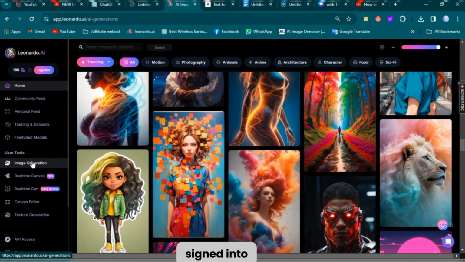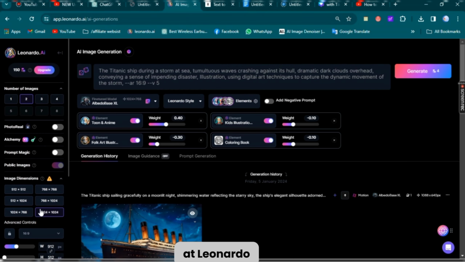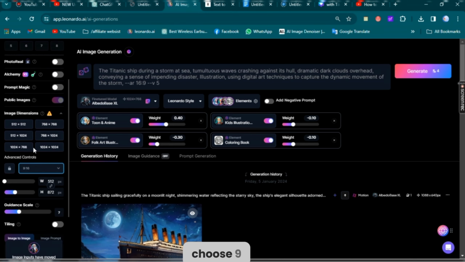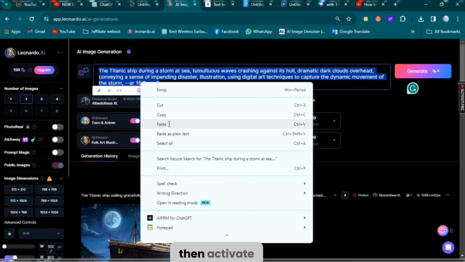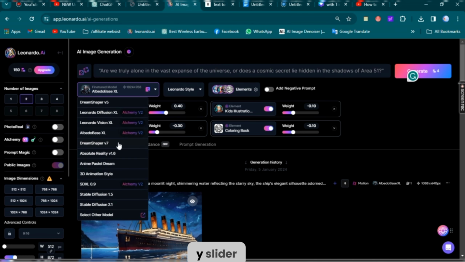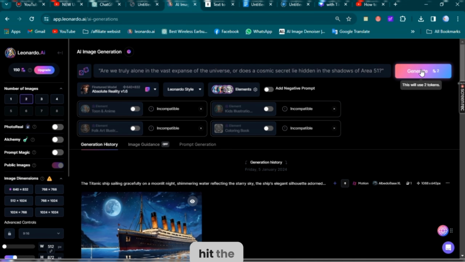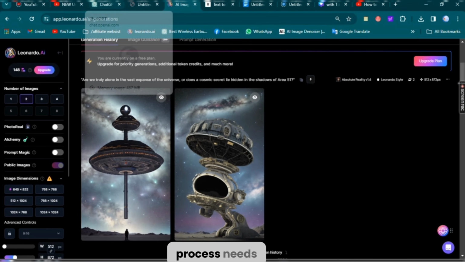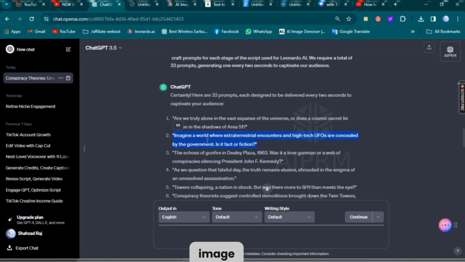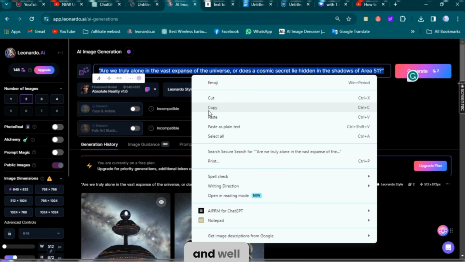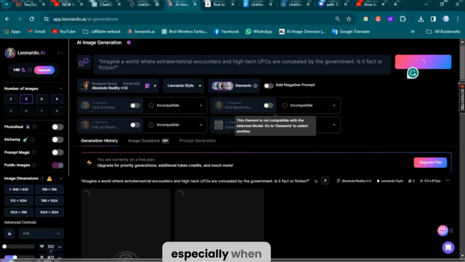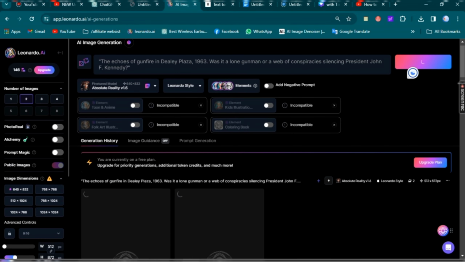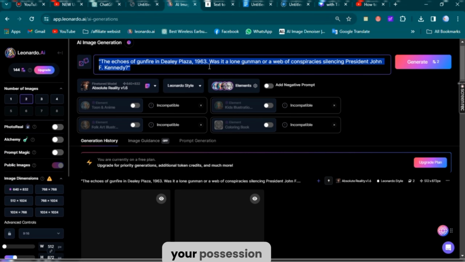Once you're signed into Leonardo AI for free at Leonardo.ai, locate the drop-down under Advanced Controls. Choose 9x16, then activate the lock and slide the slider all the way. Now we're ready to hit the Generate button. After the image is generated, although this process needs to be repeated for each image, it's quicker than you might expect and well worth the effort, especially when each iteration can potentially earn you $1,000. Once all the images are in your possession,